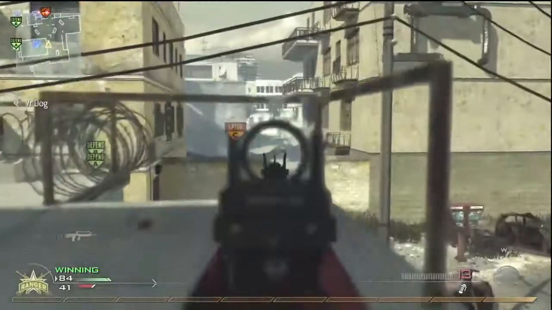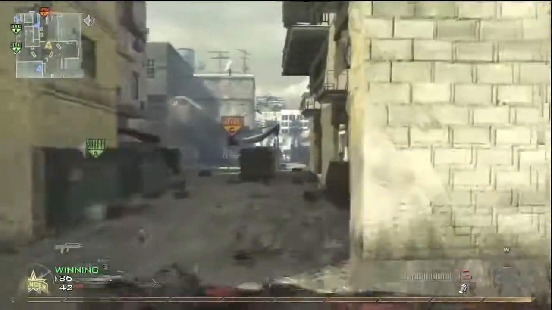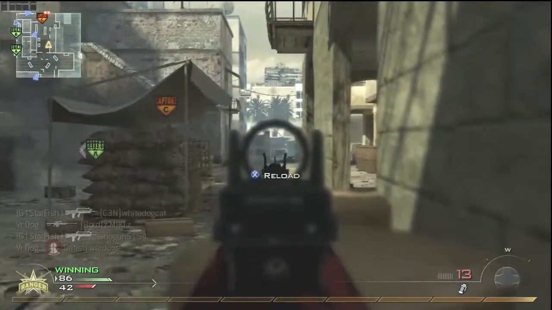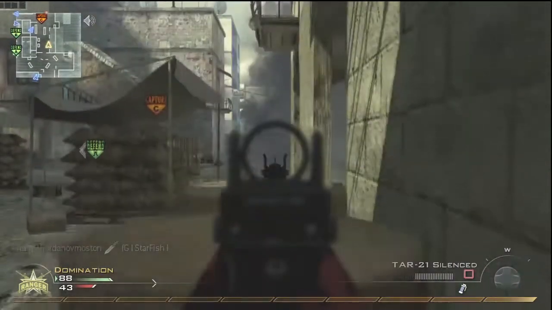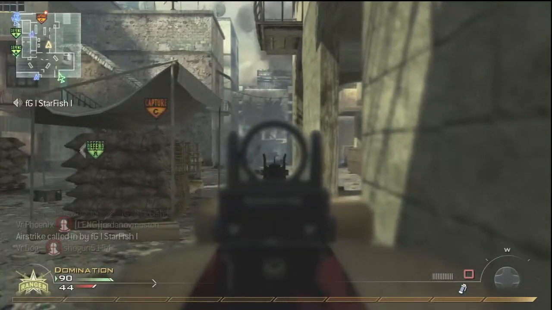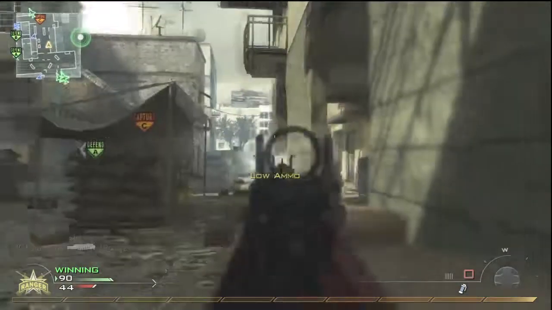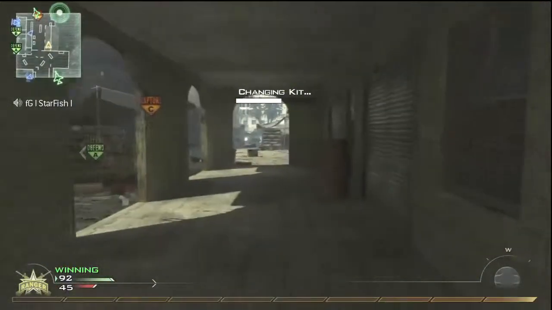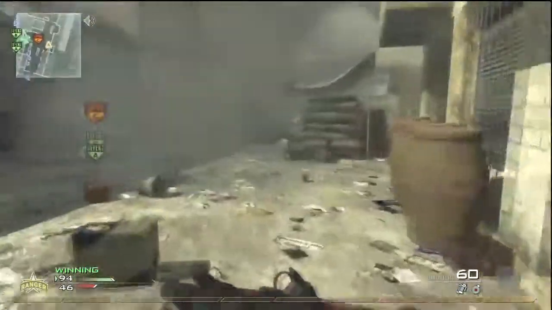So this is the Resurgence map Strike, a Call of Duty 4 map. Brilliant map. I genuinely think it's one of the better maps they could have brought back, and it's a really good recreation of that. But back to why it's my different kind of Nuke revisited. I'm using the one-man army the way it should be used. So I'm using the TAR-21 silenced